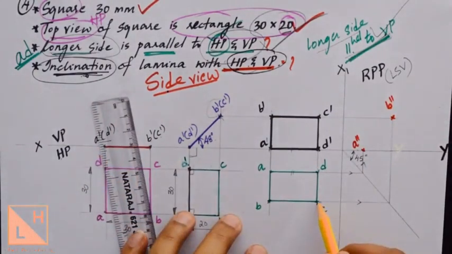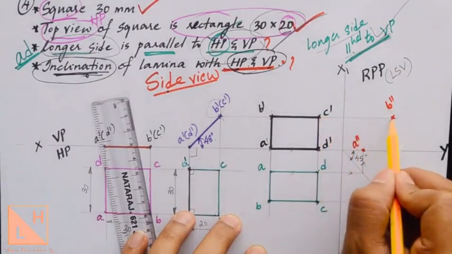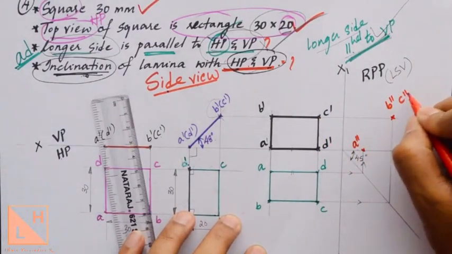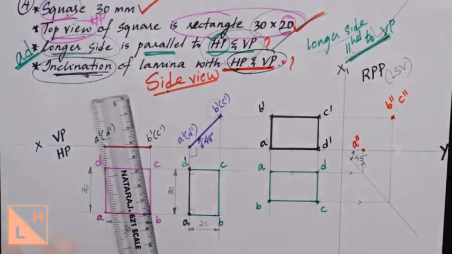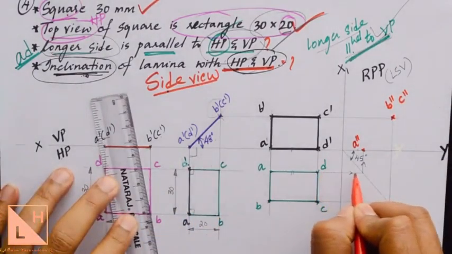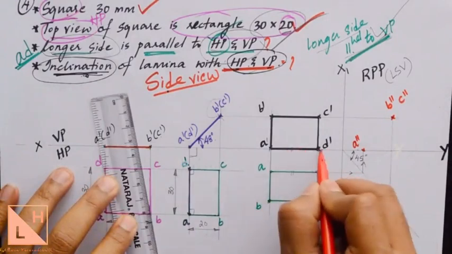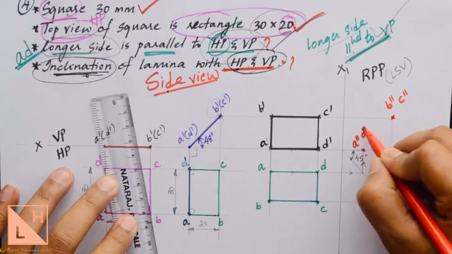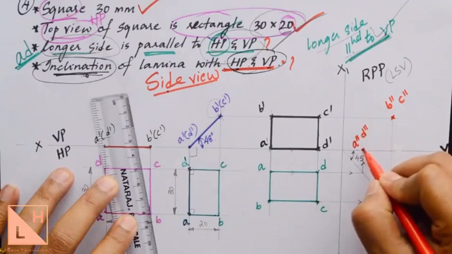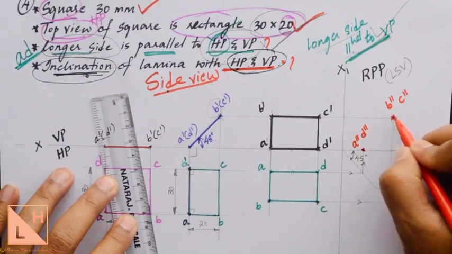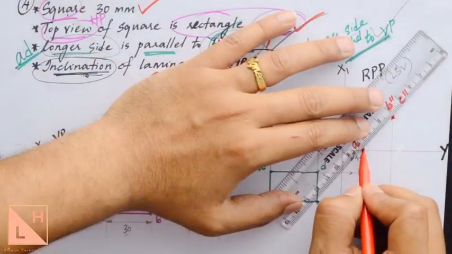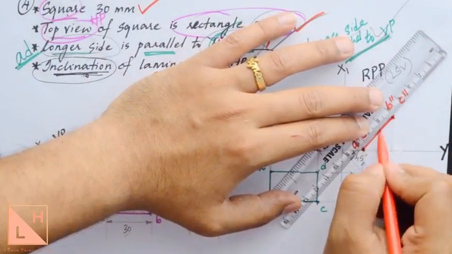Now for the side view of C, B and C will overlap. So the C line will be the same, the C dash line will also be the same, which means the same point represents the side view of C as well. So C double dash is also found on the same point. When we check D also, the D projection line falls along with A, and the D dash line also falls along with A dash. So the same A double dash will also be D double dash. So here we have 2 points, A double dash and D double dash. Here we have 2 points, B double dash and C double dash. Join these with a dark line, that will give you the side view of the plane.